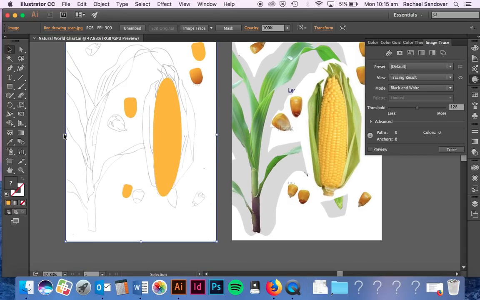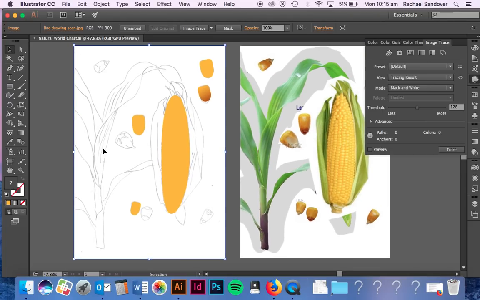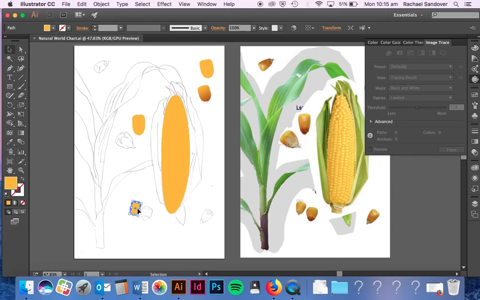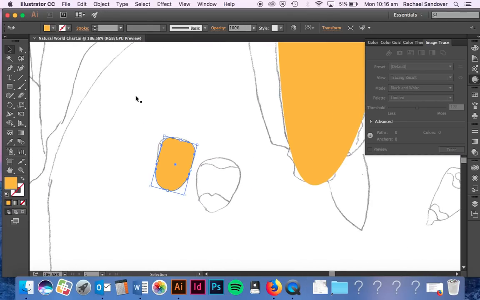Okay, so because my tutorial last time got cut off because my computer shut down, I just quickly wanted to finish off some other stuff about gradients. So I just wanted to show you what else you can do with them. I'm going to turn this little piece of corn with a radial gradient, because